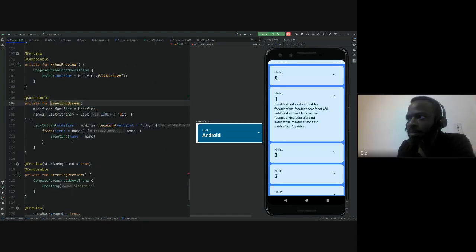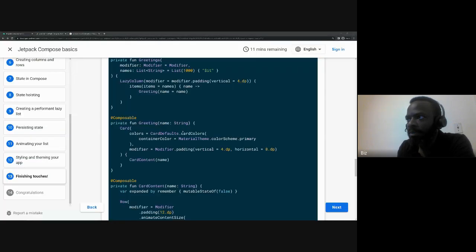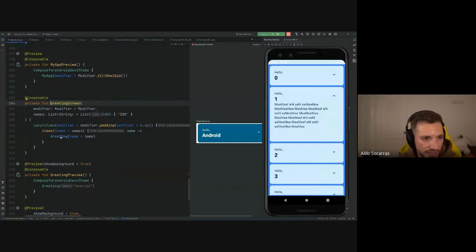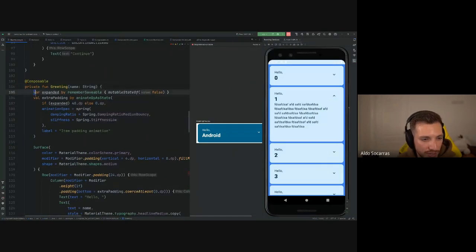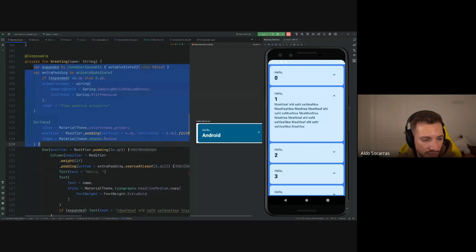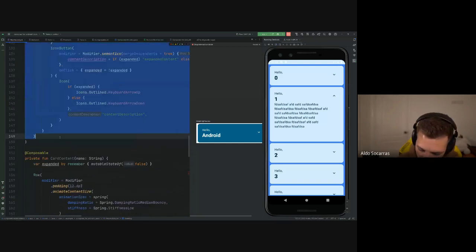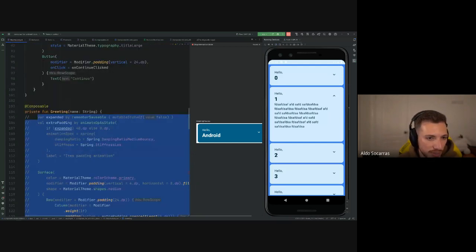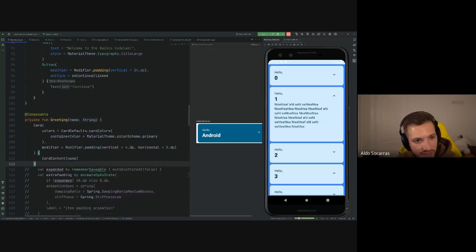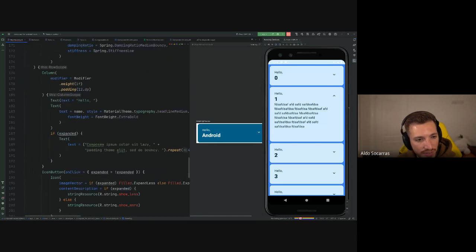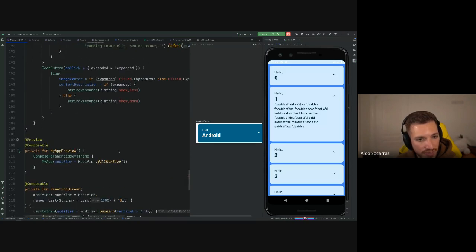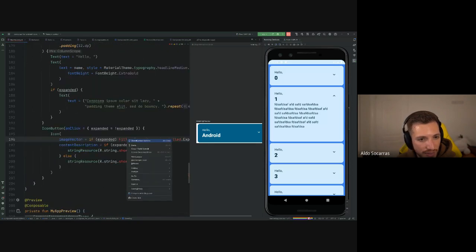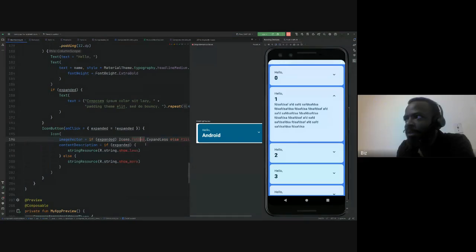Each composable has its own configs and modifiers and things like that. So here the greeting would change to that. I'm going to comment this out because this is what we had before. And this would change to this. And then it would call card content. Are we missing anything down here? Filled. Oh, you have to